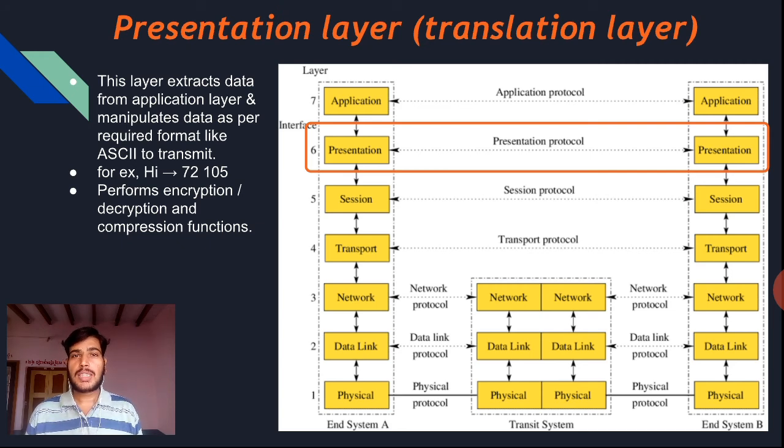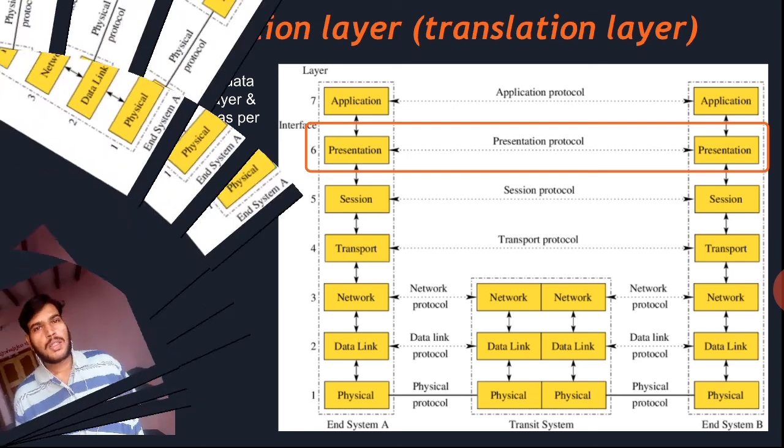Also it has to perform the cryptography functionality, like encryption and decryption tasks. What do you mean by the encryption task? It is nothing but the facility of converting plain text to cipher text. Plain text is in a readable form, but cipher text is in an unreadable format. So conversion of plain text to cipher text is encryption, and similarly decryption is nothing but conversion of cipher text to plain text. So it has to perform these functionalities also. These are the functionalities that a presentation layer has to carry out.